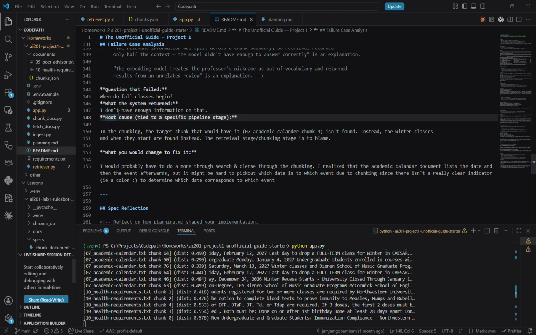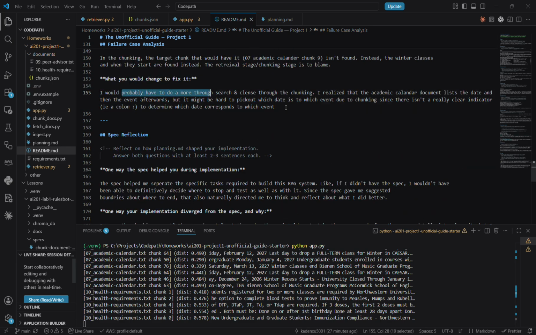sometimes a date would be in the front, the very first thing the LLM sees, or sometimes the class will be the first thing the LLM sees, and there's no indication, like a colon, of which date goes with which event. That will create mix-ups, because you could have event, then date, then event afterwards, and you're wondering whether the date is for the first one or the second one. The LLM doesn't know. So one of the things I would improve on in the future is making sure that when I parse this document, there's a clear indication of which date aligns to which event.